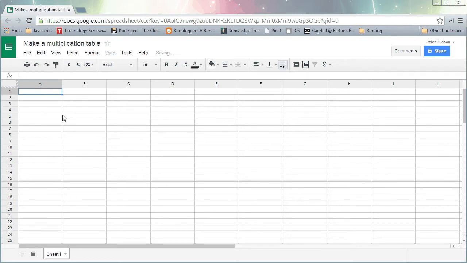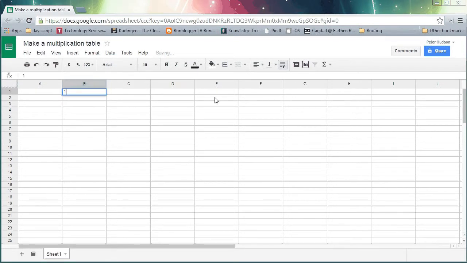Let's make a multiplication table from 1 to 10 and learn a few things about spreadsheets along the way. So I'm going to put a 1 here, and